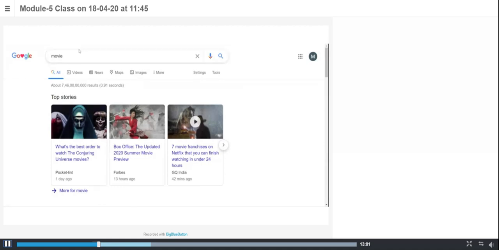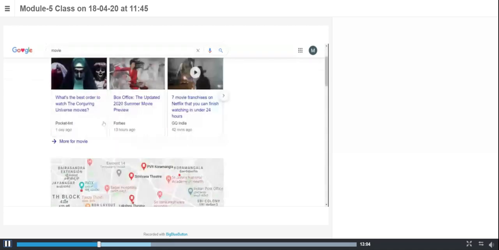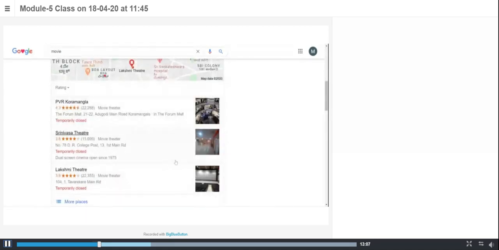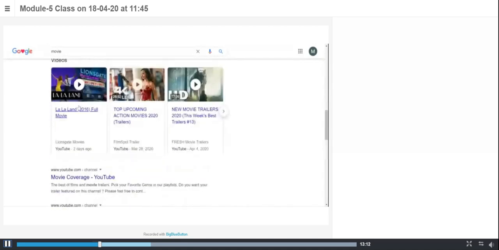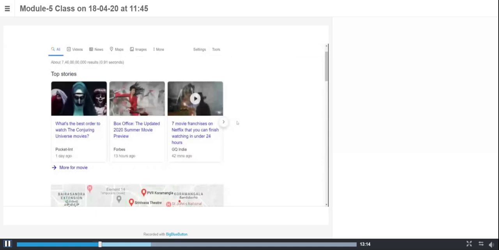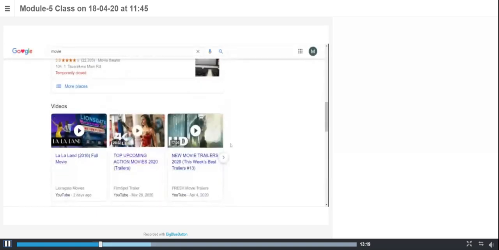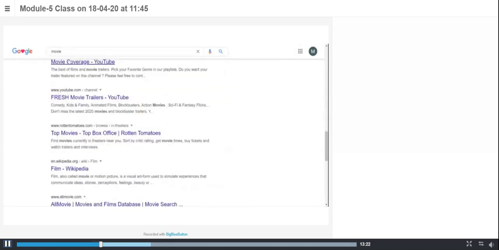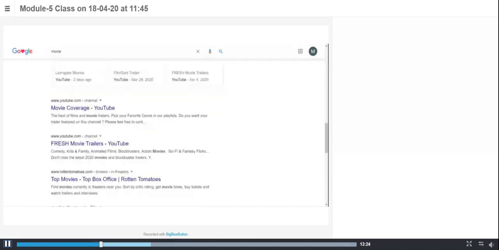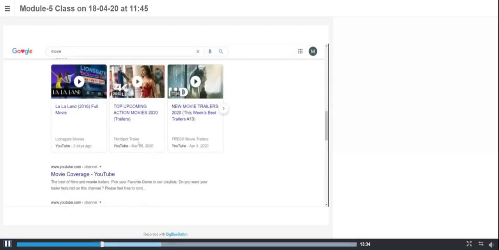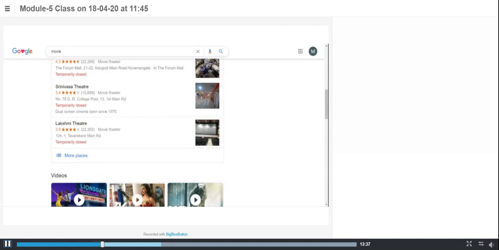Okay, see, all the theater-related things are grouped into a single group. Here, all the trailers are grouped into a single group. And other web pages, like ratings and information, like wiki information, are grouped into another group. Okay, like that, if you search any keyword in Google, the cluster will help us to identify